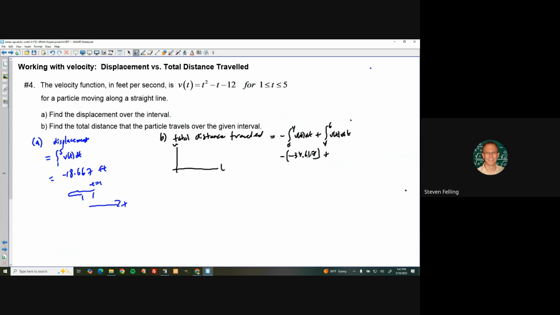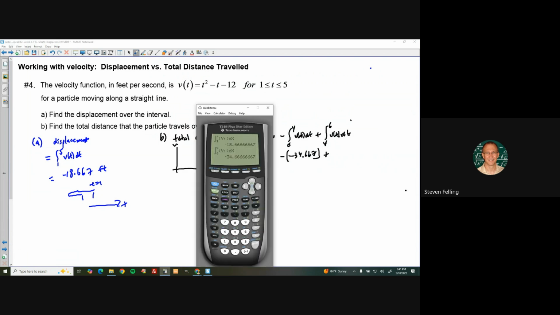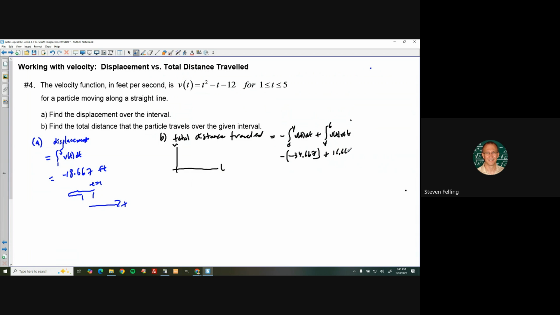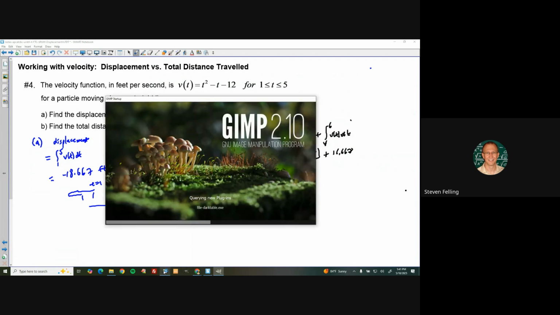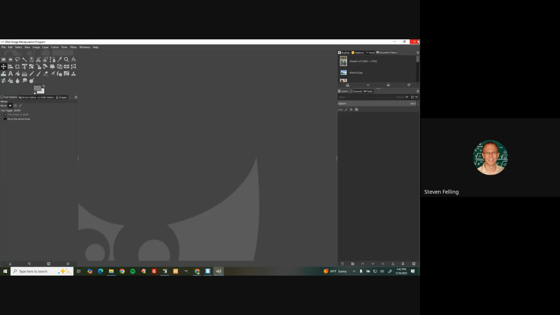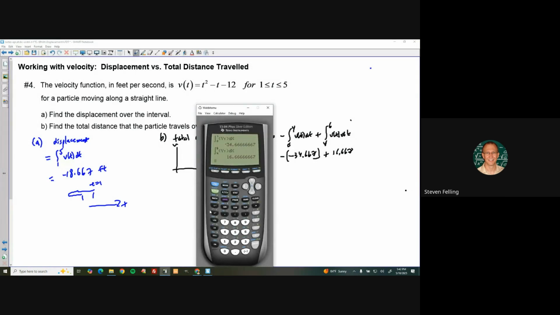And then we're going to add onto that the rest of the way to the same integral, but from 4 to 6. So if I go from 4 to 6, that's moving in the positive direction, so that will give me positive 16.667. If I take the negative of this first answer, and then I add it to this answer, I get the total distance traveled, which is